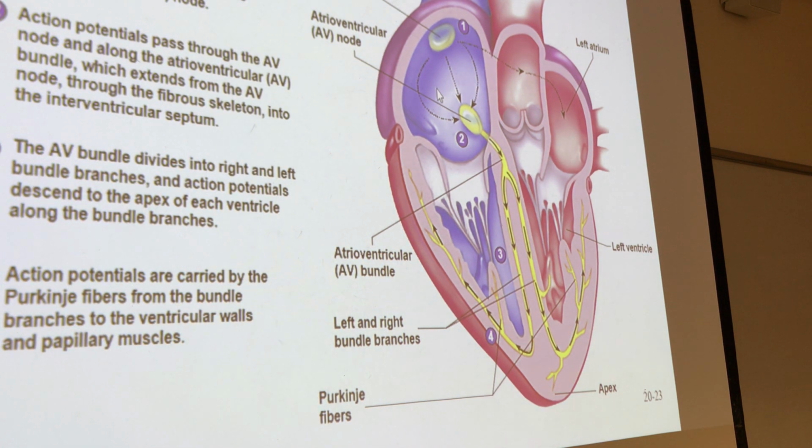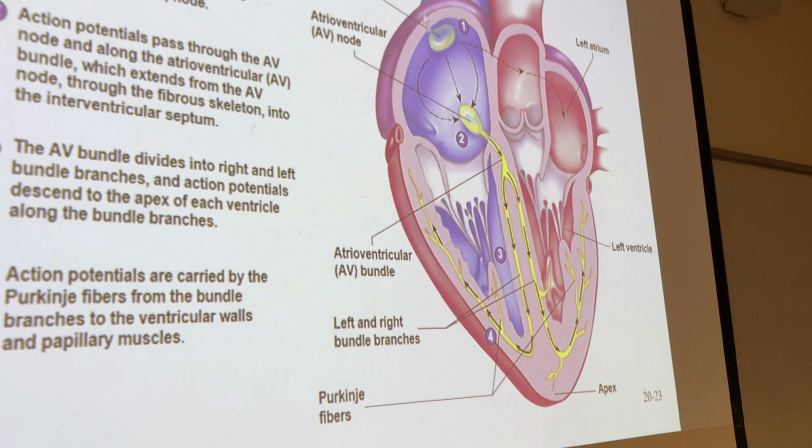Remember, there's a difference, right? Again, you need to electrically turn on the cell first. As you electrically turn on the cell, depolarization, that causes calcium release, which then causes the muscles to contract, right? So you need to turn it on first. That's what the SA node does. It causes the atrial cells to electrically turn on. As it electrically turns on and depolarizes, then the calcium release occurs, and now the actin and myosin can contract,